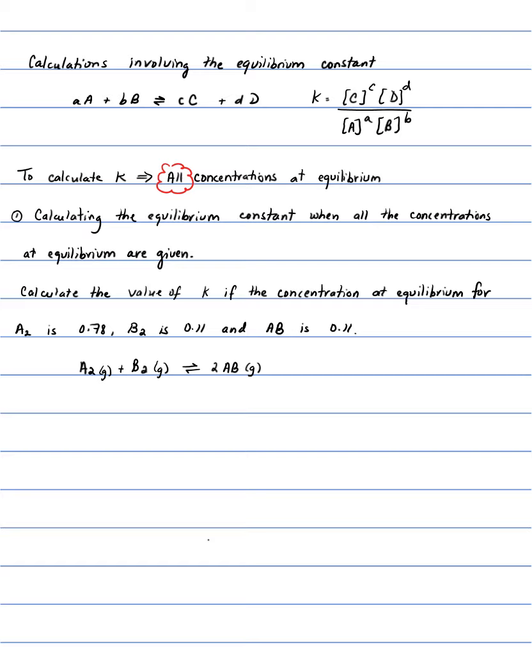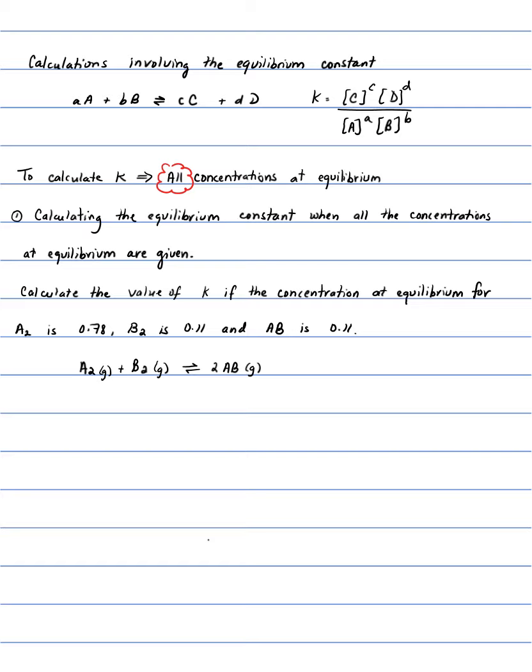Calculations involving the equilibrium constant. First, let's review the equilibrium constant expression. When we're writing down the equilibrium constant expression, we're writing down the concentrations of the products on the top part, and each concentration for each product will be raised to the power of the coefficient that you have in the